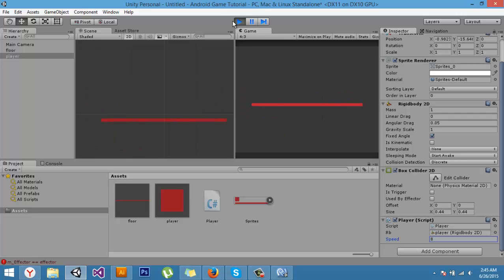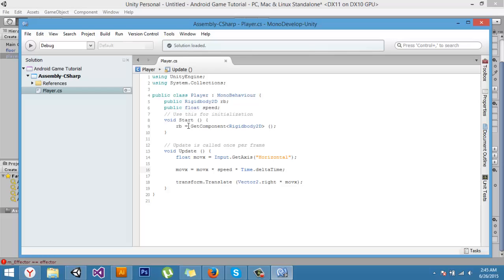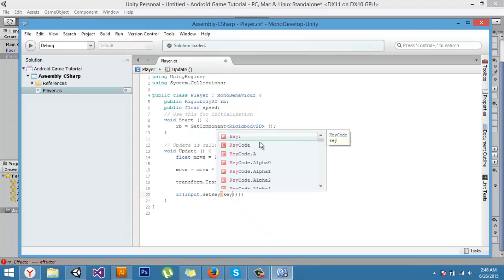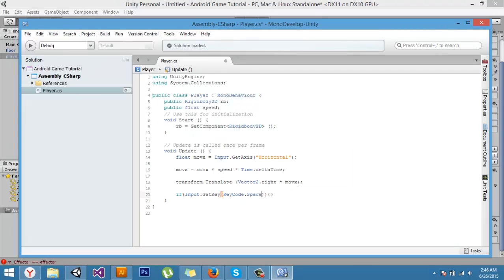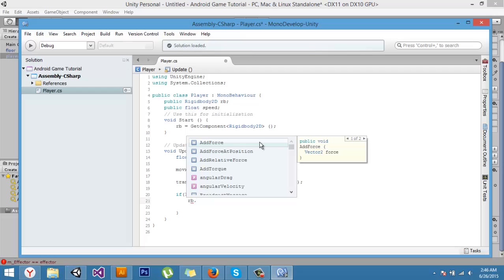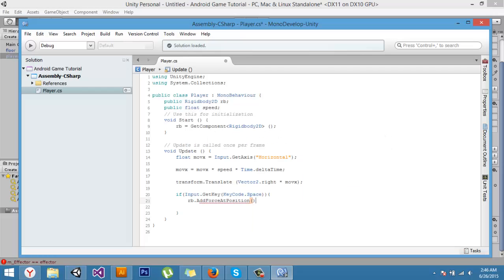Okay, you might be wondering why we have added the Rigidbody 2D component, as we're not using it to move the player. We will be using the Rigidbody 2D component to make the player jump. So for that we're gonna add a script. If Input.GetKey KeyCode.Space